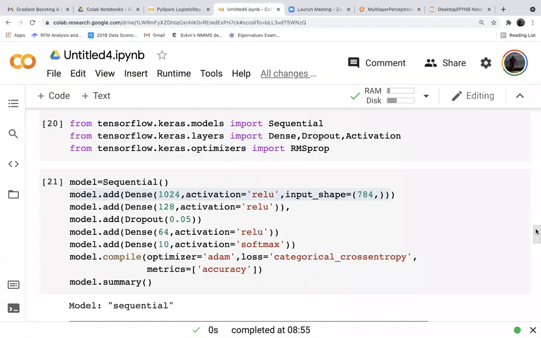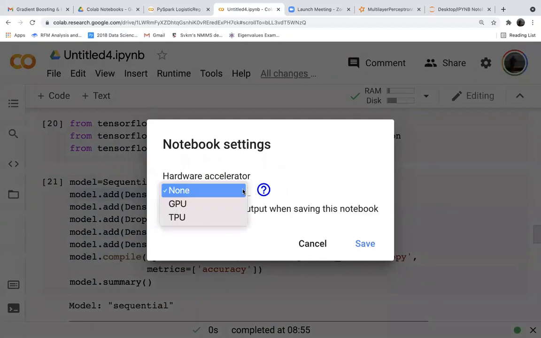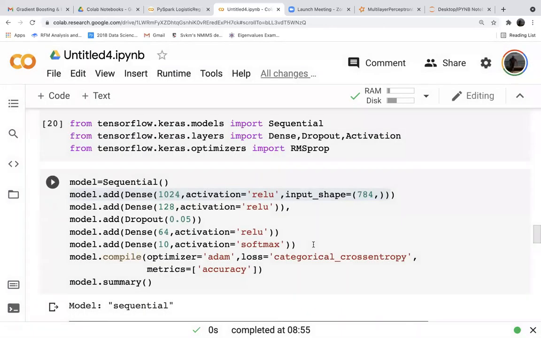Since we have reduced the data to a very small level, it ran on our basic Google Colab without any problem. If we haven't done that, if the weights are say 20 lakh or 21 lakh, then we have to go to Edit, Notebook settings. You have to activate the GPU. Because if you try to run it on your normal setup, it will take 20 to 25 minutes to run the model. On a GPU, it will run in less than 8 or 10 minutes.